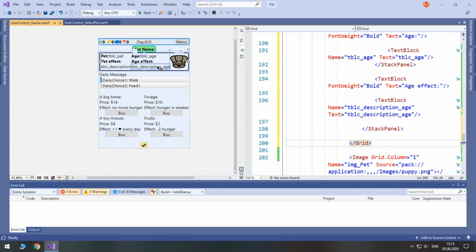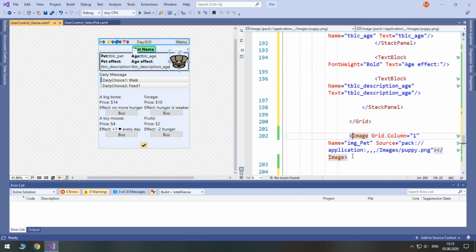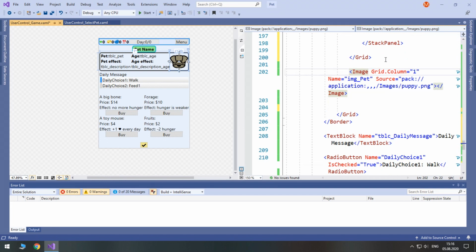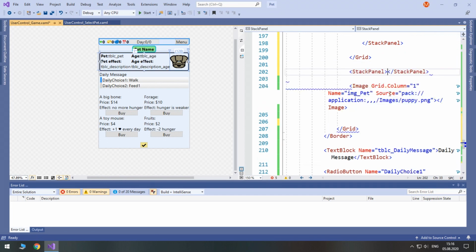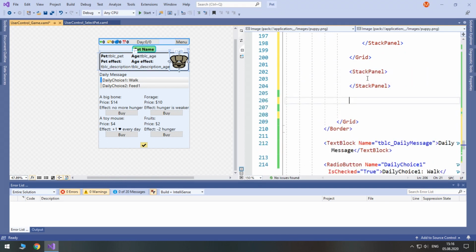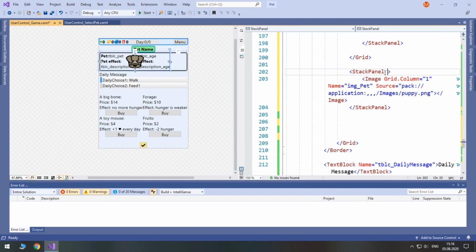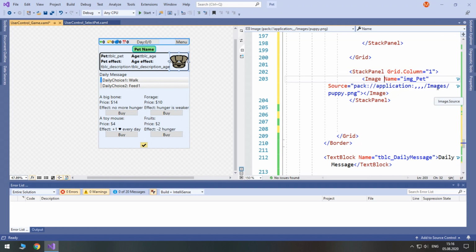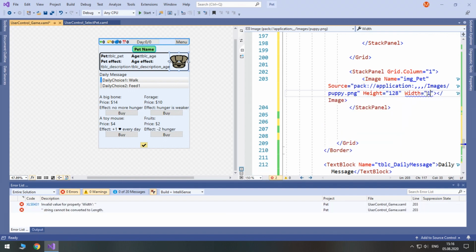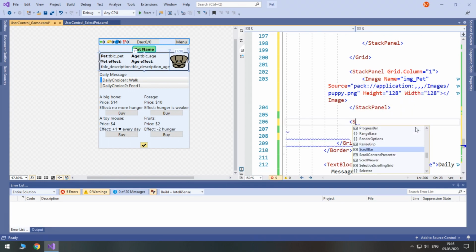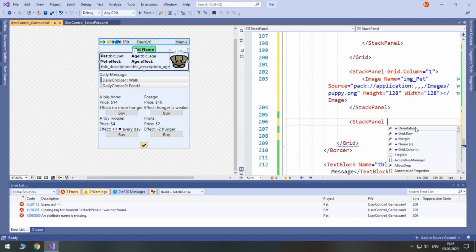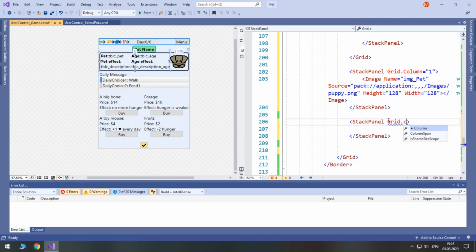The second column will remain as the picture, but we will put it inside a stack panel. So stack panel, let's cut it and paste here and put it in grid column 1. This one does not need grid column anymore. We will set its height to be 128 and width as well. And in the third column, column 2, we will put another stack panel, set its grid column to 2.